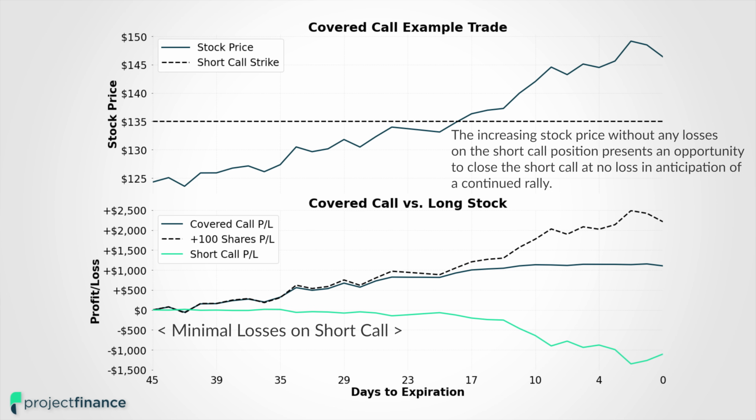So if we were in this covered call position and we saw the stock price steadily rising towards our short call position and we didn't have any notable losses on the short call, we are in a position to buy back the short call if we anticipated the trend to continue. So the key here would be to observe the upward momentum and see the opportunity to close the short call at no loss. So basically, if we see that the stock price is increasing towards our short call strike price,